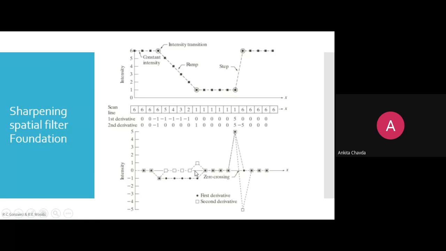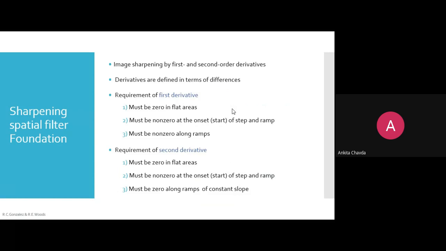Fine. So that is your zero crossing, and then again you are coming back to the 0, 0, 0, because again you will be having the constant value, that is 6, 6, 6, 6, 6. So it will become 0, 0 only, right? But if your previous value is something else, say one is your one value, and then all of a sudden there is a jump of directly 6, then first derivative will do what? It will make it 0 only, but your second derivative will go into the negative and then it is coming back. Right? This is what our graph is saying. Fine. So this is how to do derivatives.